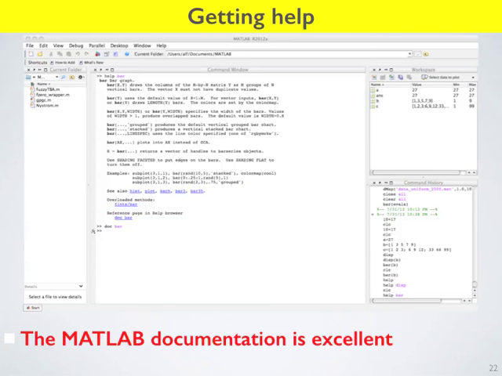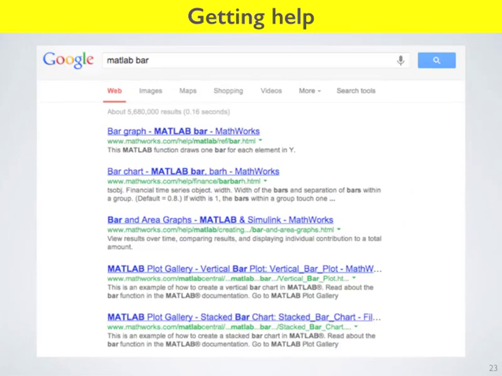The thing I use most often is to go to the help menu, or you can go to Google. Again, Google is your friend, so you go to Google and search for MATLAB bar. Typically, the first hit will actually be the online documentation from MATLAB, but then other people may have written stuff to help you, so that may be useful too. Not everything you'll ever need to do is within these lecture slides, so I'm encouraging you to look at the help and use the internet to do things that these slides don't tell you about.